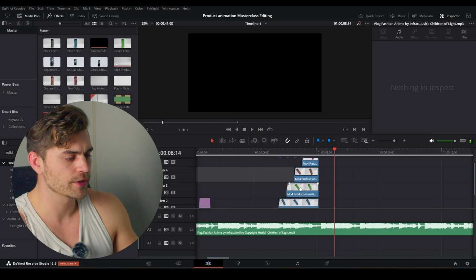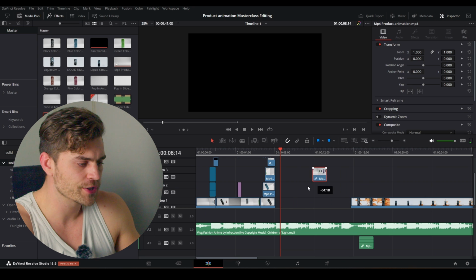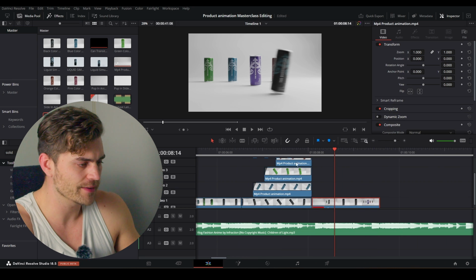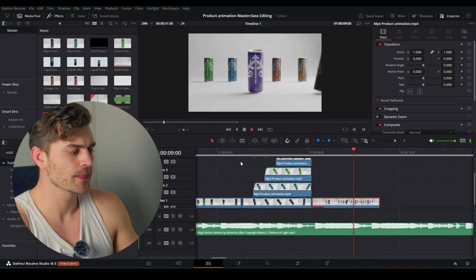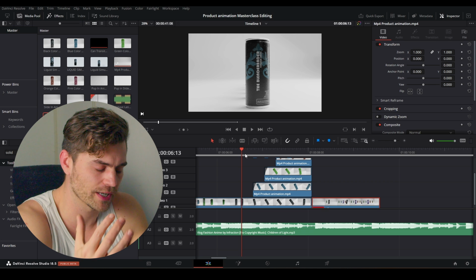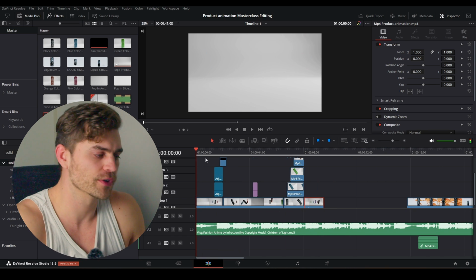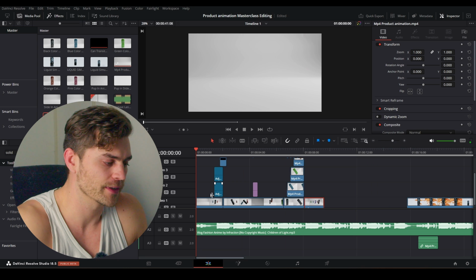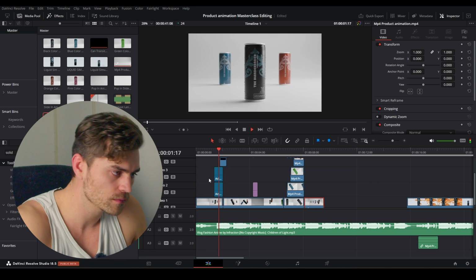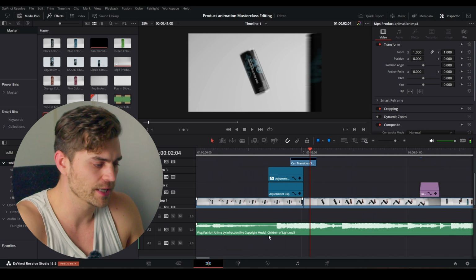Alright, looks very cool. So now we can add our reveal animation and set it right afterwards. This is the moment the beat drops, which is what I wanted to tell you. When I'm working on this, I made this render first. I render it out, and then I place it right over here. Alright, looks good. The beat starts over here.